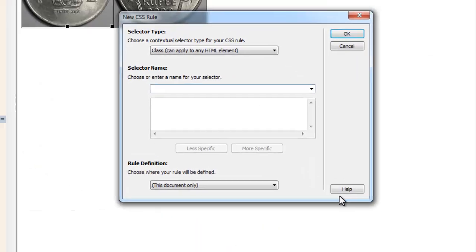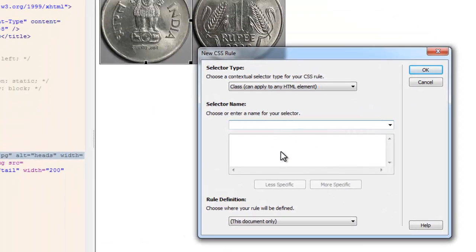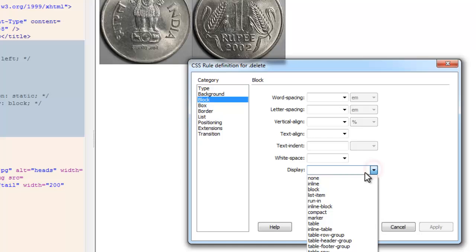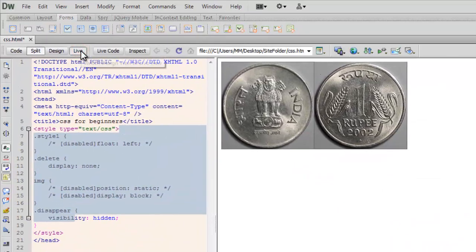So I'm gonna make yet another class style or class selector. I'm gonna put a full stop out here. I'm gonna say delete. Okay, so that is the name of the class that I've chosen. Let me say okay. Again, it's an internal or an embedded rule, guys, and let me go to the block category. This time I'm gonna set the display property to a none. Let me say okay. Let me go to the live view, guys, and